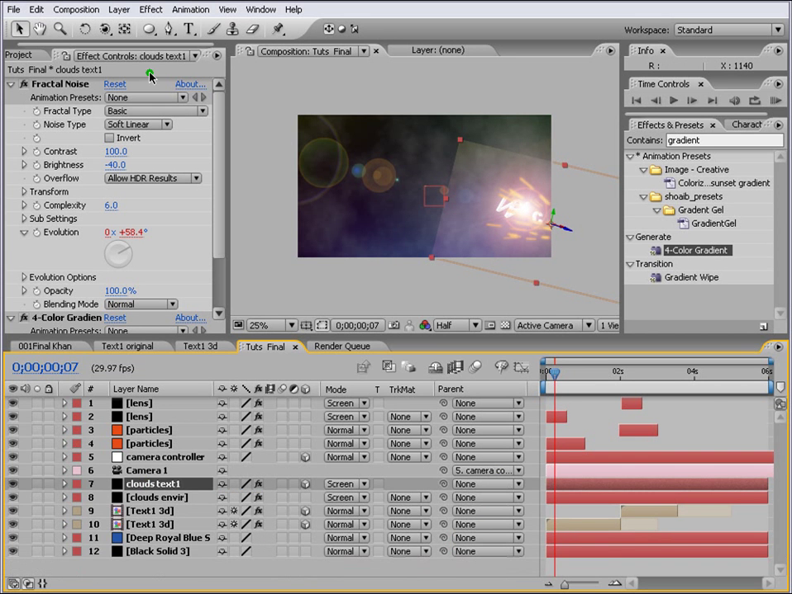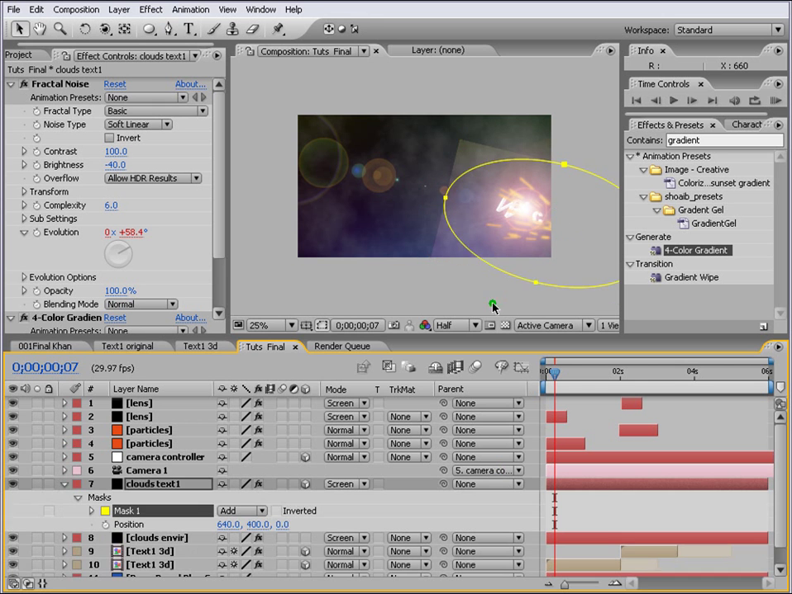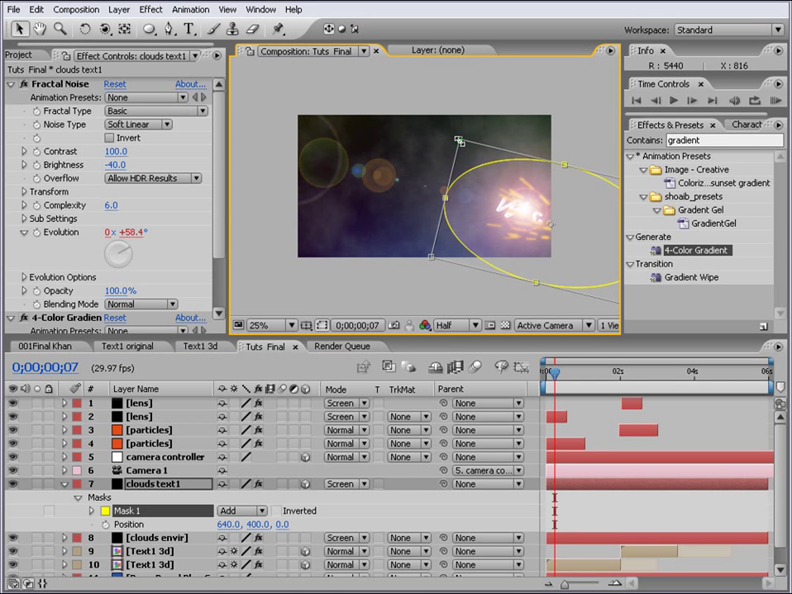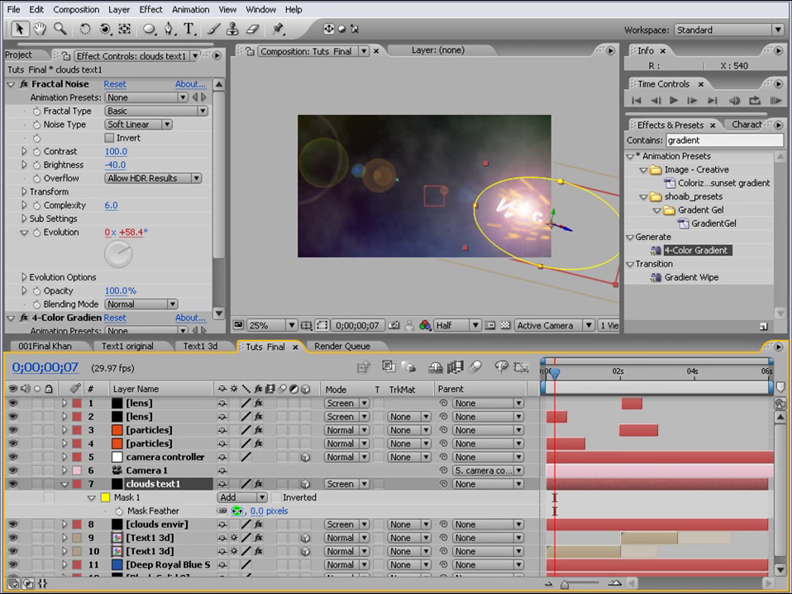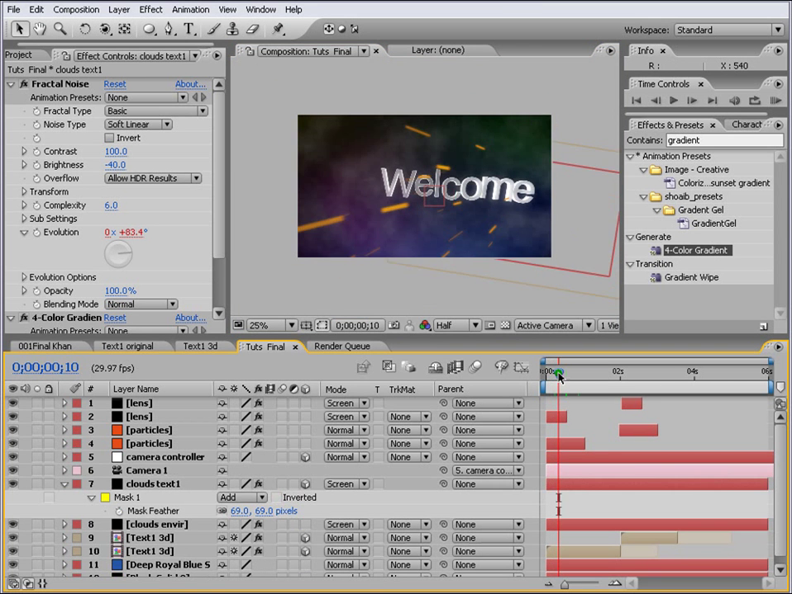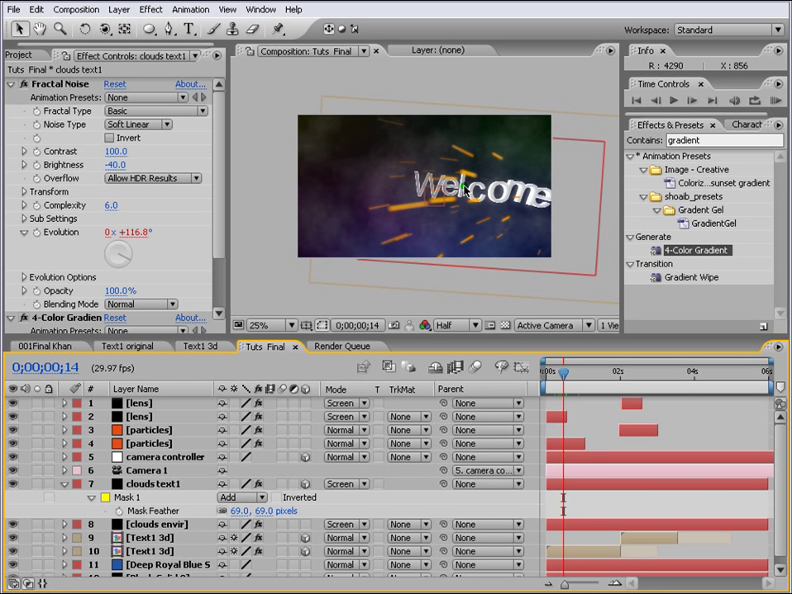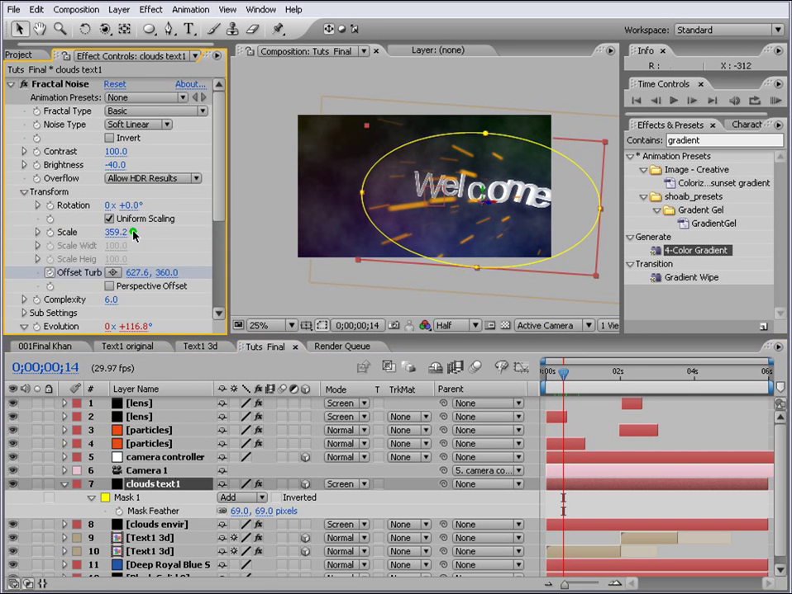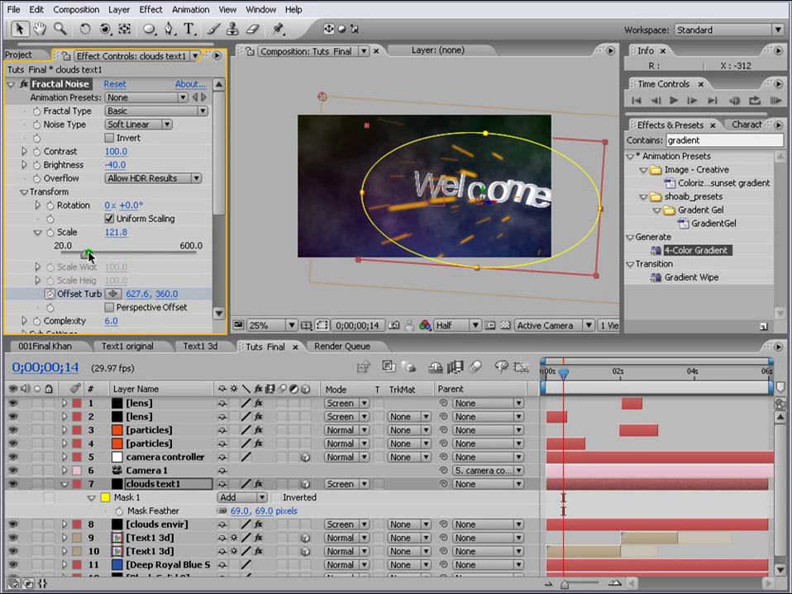And then what we do is we double click on the mask, and we double click on the mask again, and then we just scale it down with Shift, Control and Alt all together, and then press F. Now you see that this cloud is moving with the text. So let's go to transform again and change the size of the cloud